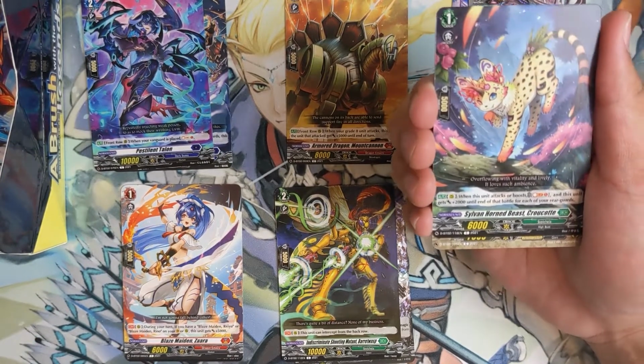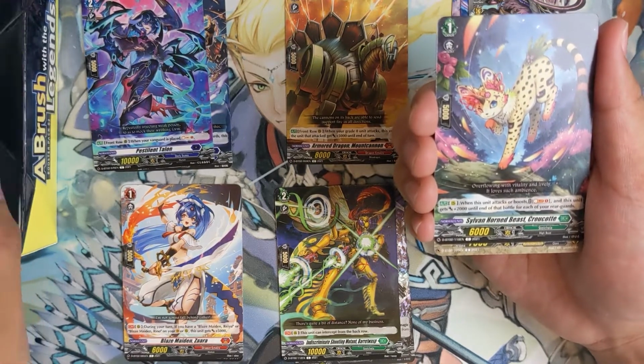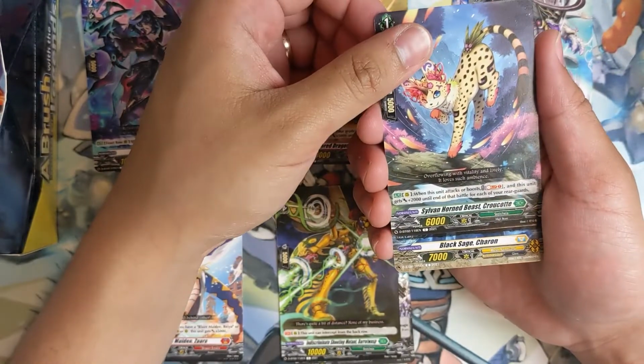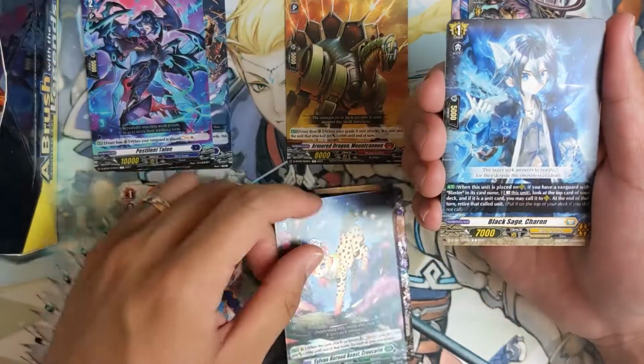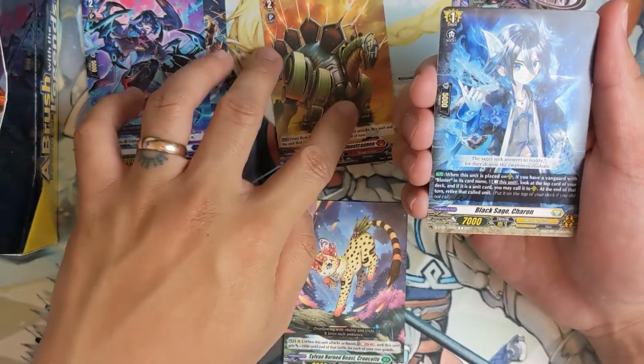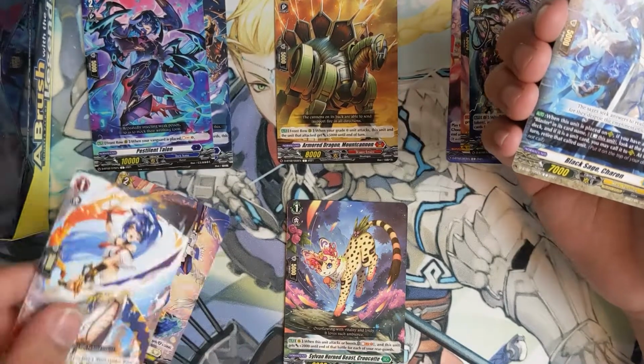without having to rely on using just Winosla for the extra power boost. So that is Sylvanhorn Beast Crocotte. And we have Black Sage Karen. Really, really nice card for